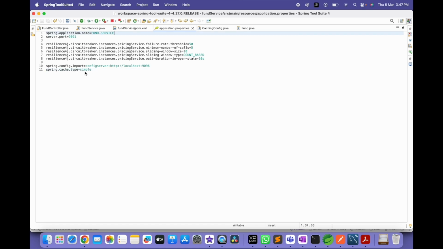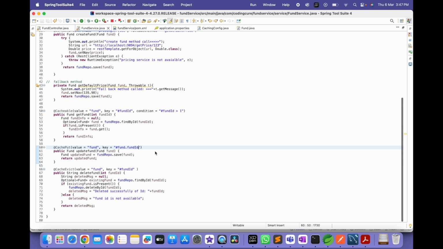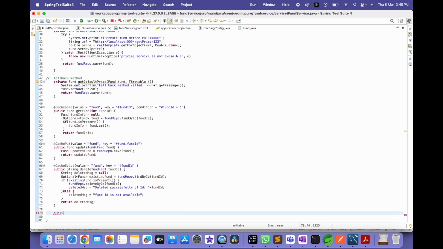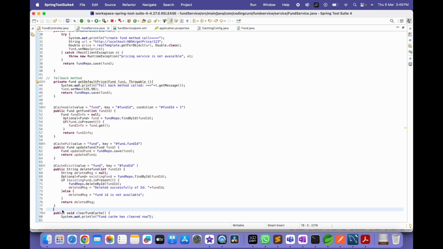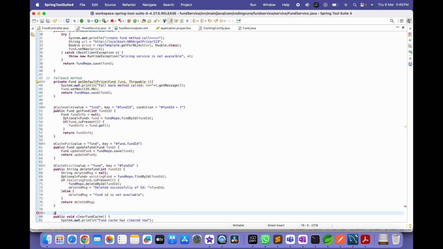So when we are using the simple cache type, time to live is not available. So we have to write our own logic. Like we can create one method, public void clearFundCache, and here we can write sysout "fund cache is cleared now". Then what we need to do here, we can use @CacheEvict,